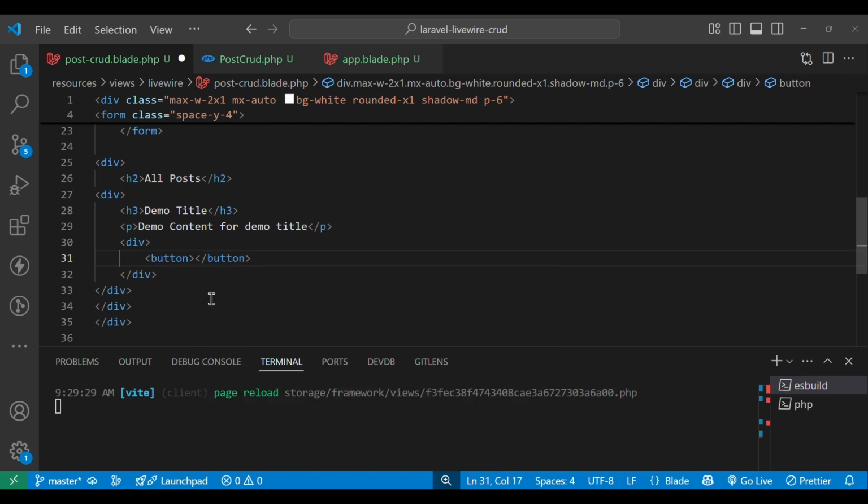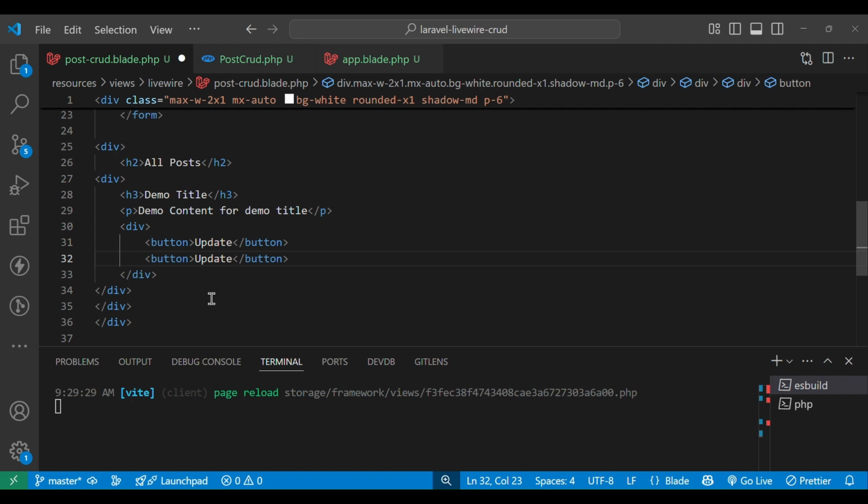One is update and second one is delete. Okay,